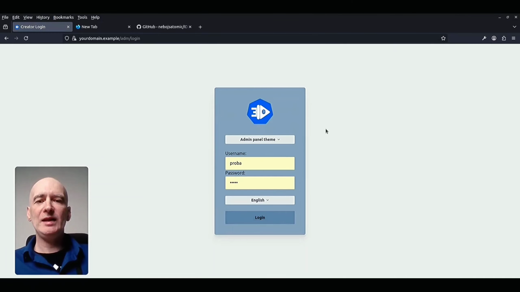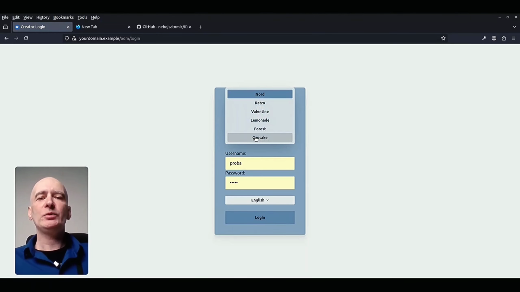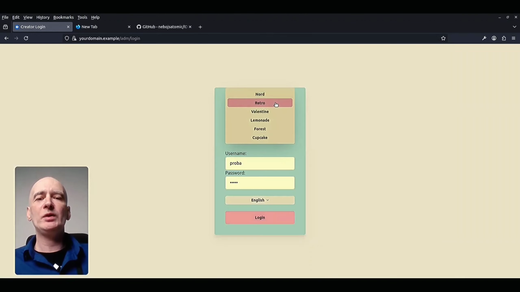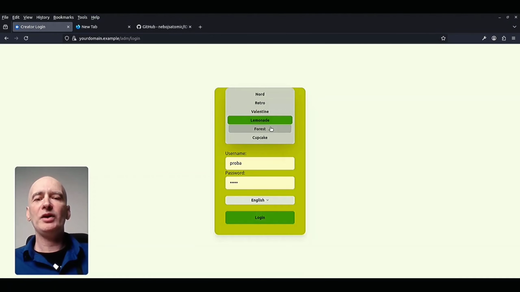and you can see on this login page that we have a couple of Daisy UI themes already present: Nord, Retro, Valentine, Lemonade, Forest and Cupcake. You can choose between these themes, and you can see already that the login looks different.